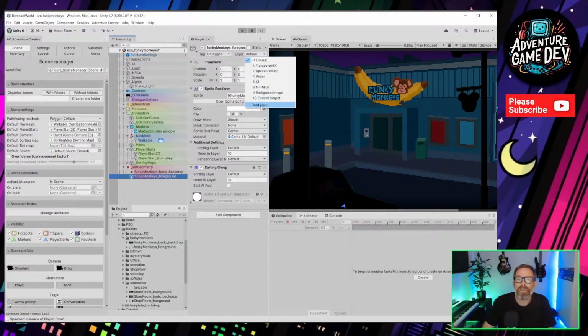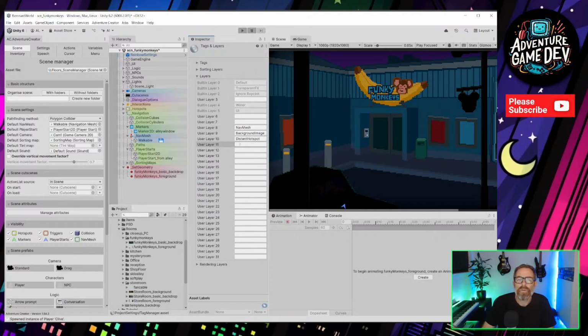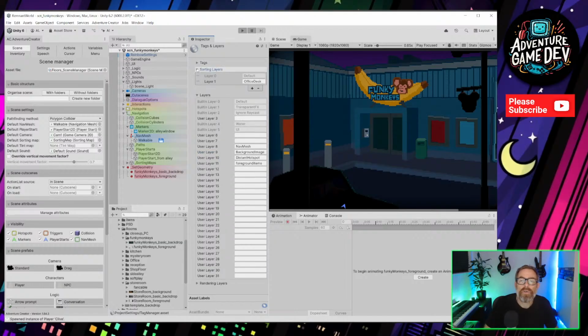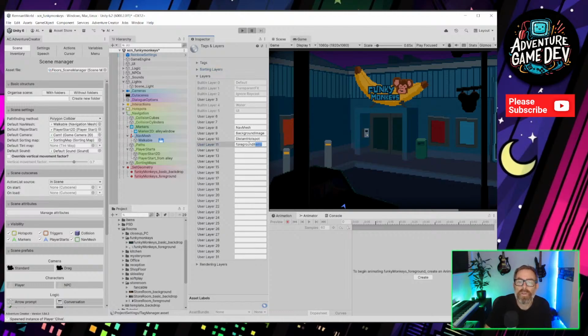Let's just see if it does it from there. I don't think it does. So let's just call it foreground items. I don't think it uses this. Or is it in a sorting layer? Right, it is in sorting layers up there.